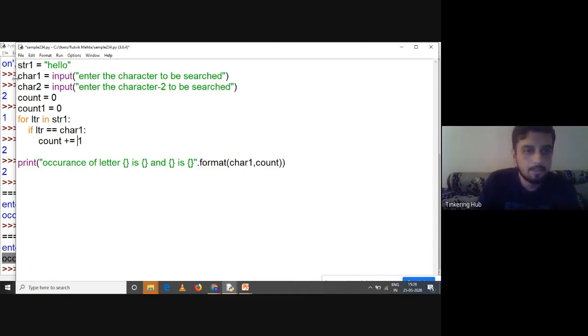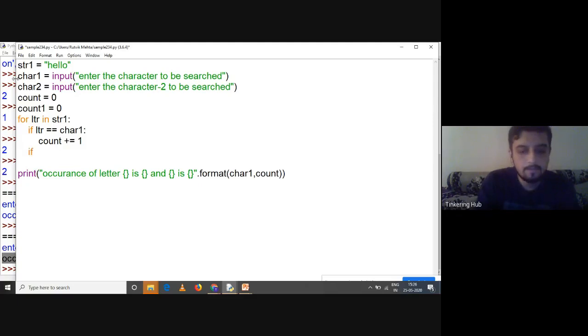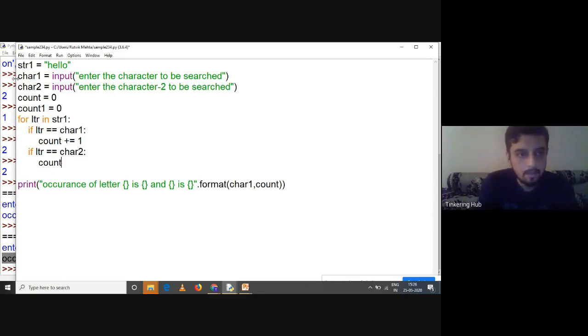And what you will be doing over here, if letter is equal to char2, count1 plus equals 1. There should be count1. Now understand this, how many positional arguments are there? 1, 2, 3, 4. 4 curly brackets are there. So here also there should be 4 arguments. I'll say char2 over here, and here I'll say count1. Understand how this will get mapped?